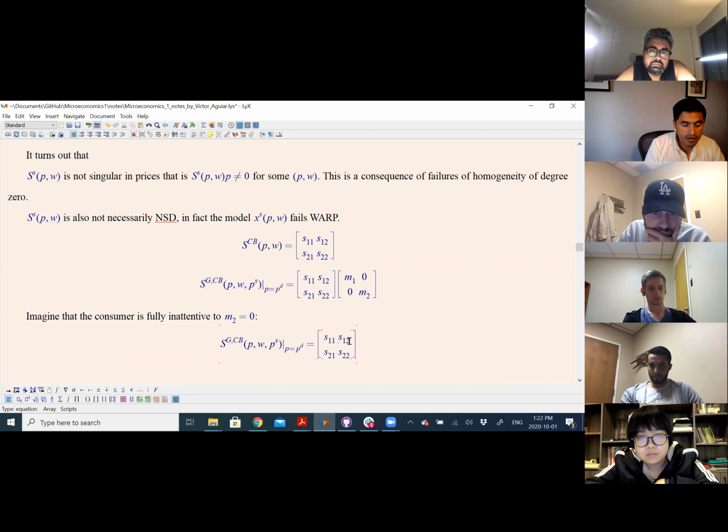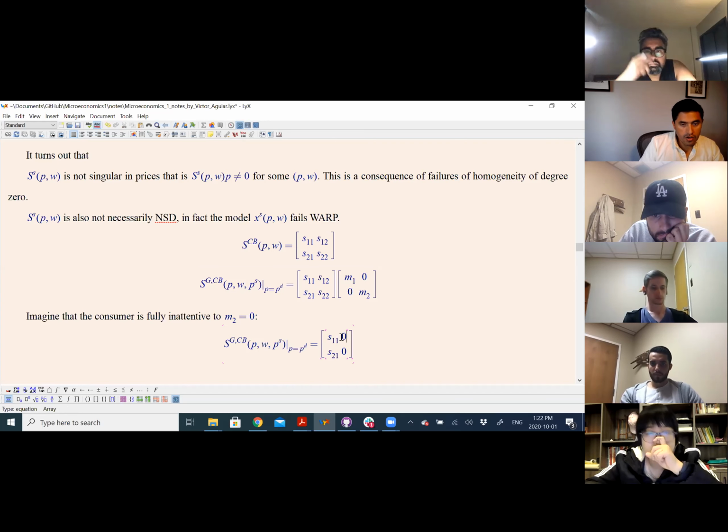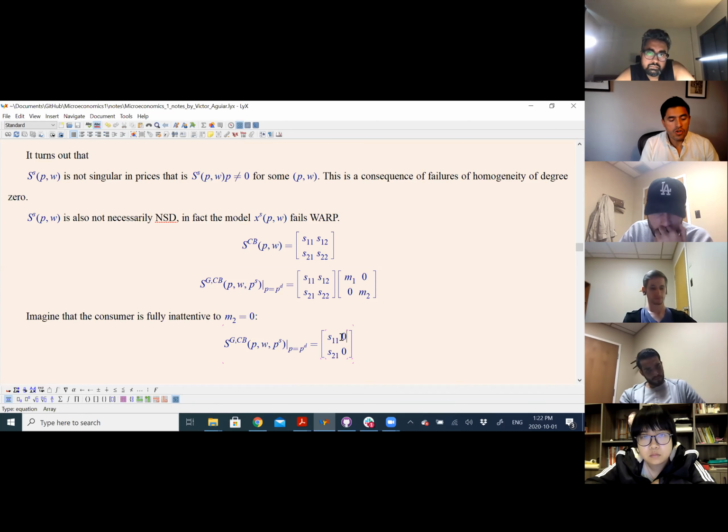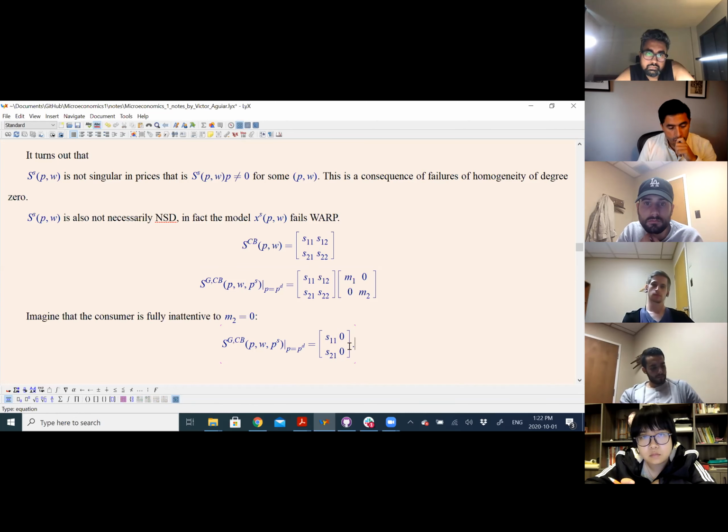So this is going to kill, if this is 0, right? If I multiply this entry by entry, it means that this second column disappears. So in particular, you're not going to get symmetry anymore, as simple as that. And then you're not going to get negative semi-definiteness and so on. So all these properties are lost easily. You can do the full derivation if you want, but this is telling you that this is generic for any model. That's the cool thing. It's not only for the Cobb-Douglas.